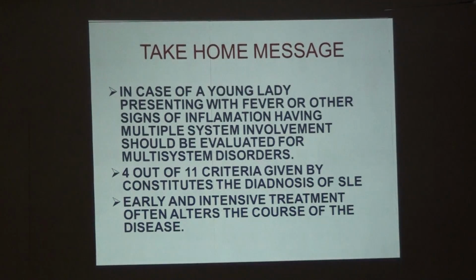Now, what we should keep in mind is any young lady who presents with constitutional symptoms like fever